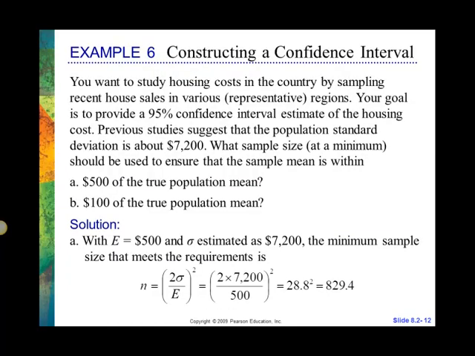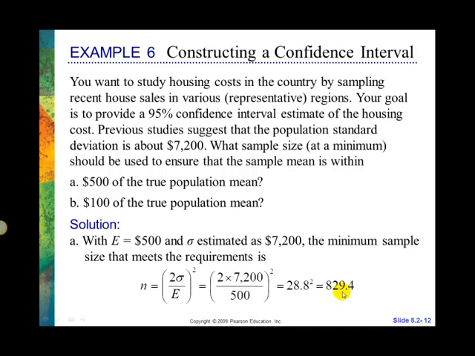So here they're going to construct a confidence interval. First we have to figure out how many people we need. So if we're going to do a 95% confidence interval, and in a previous study we found that the standard deviation was 7,200, how many people should we survey if we want our error to be 500? Well, 2 times our standard deviation divided by our error, squared. So 2 times 7,200 divided by 500, that comes out to 28.8 squared, which is